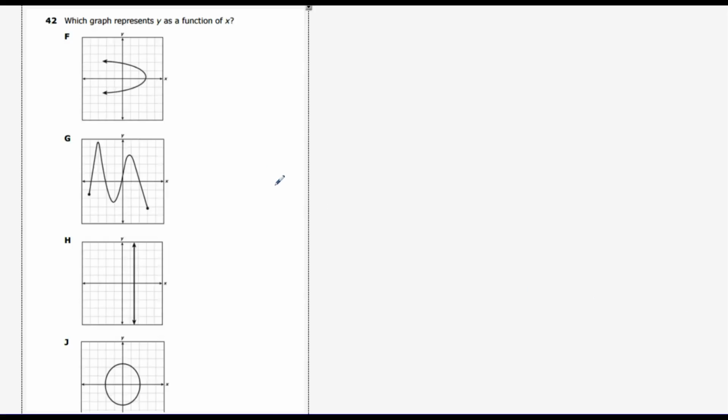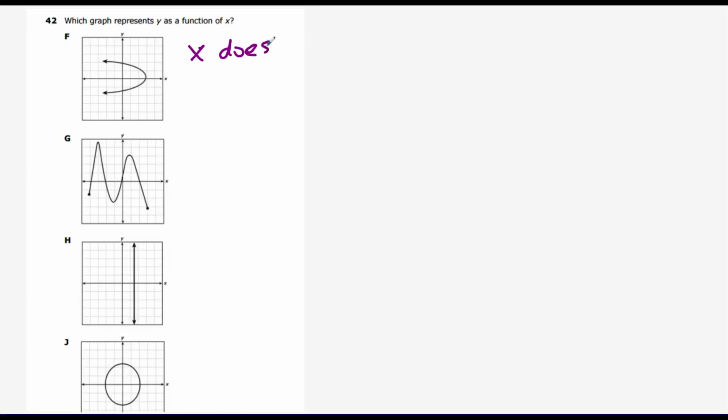And our last one. Oh my goodness, we're almost done. Which graph represents y as a function of x? If it's a function, x does not repeat. So there's no numbers here. So it's hard to like just look at a list and see where x repeats. So what we can do is if we drew a